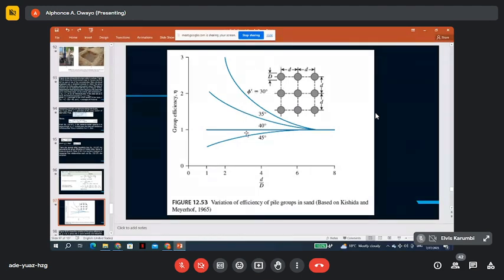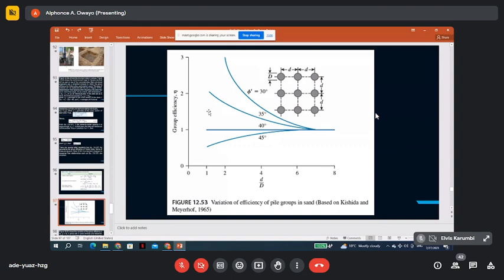So this is why you can see the curve is based on phi, which is a property of friction soils. So depending on the arrangement that you have, you just need to know the diameter and the distance d, and based also on the phi, you can find group efficiency. So you can see this is very nice